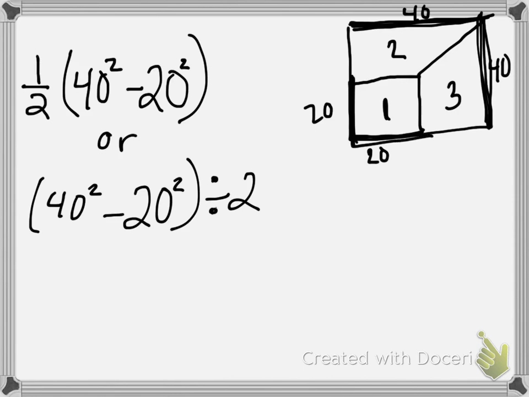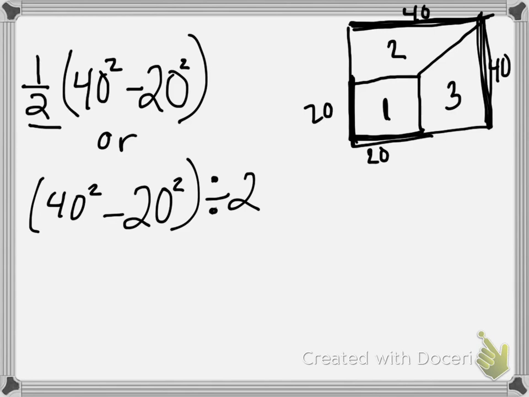So we need to do that first. We need to do our 40 times 40 minus our 20 times 20. But then, because we only want zone 2, we only want half of it. So there's two ways you could show this expression. You could either say this first one, half of, meaning you're going to multiply half of 40 squared minus 20 squared, or you could do 40 squared minus 20 squared